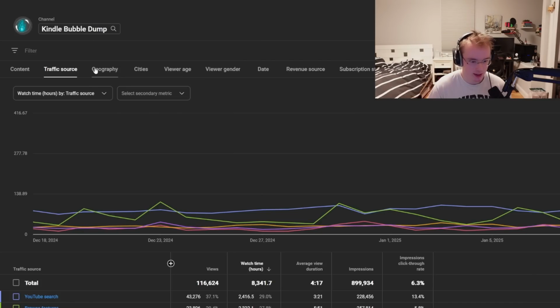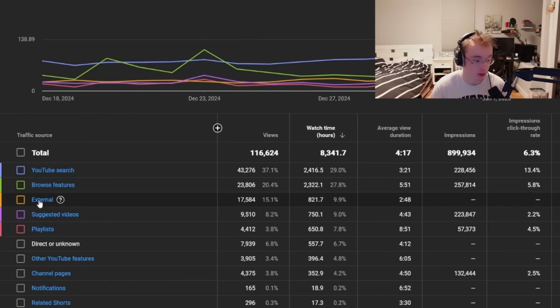Another couple of interesting things I want to look at that I actually haven't seen is traffic sources. With posting stuff to createmod.com, where you can post schematics and things, I get quite a few of my traffic sources from external features here. You can see that 17,000 views probably came from people clicking on the createmod website, or maybe my Discord where I post a new video, and then they navigate to it that way.